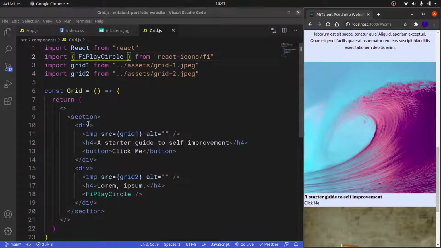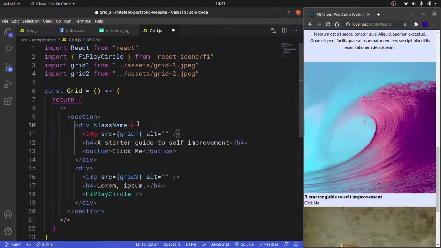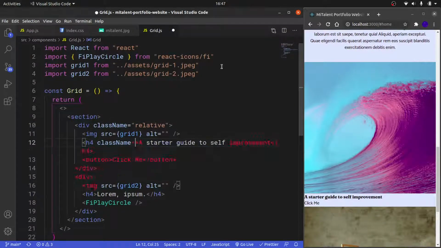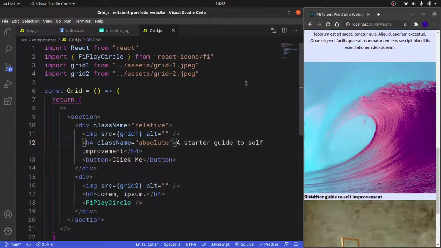So let's do that. Let's give this first div a class name of relative, like that. And then this h4, I'm going to give a class name of absolute, right? Okay, and then I'm going to say top of 10,